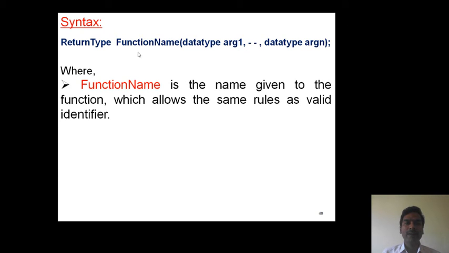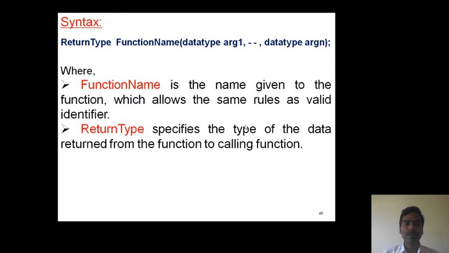Here function name specifies the name of the function, which follows the same rules as a valid identifier. Return type specifies the type of the value returned from the function.